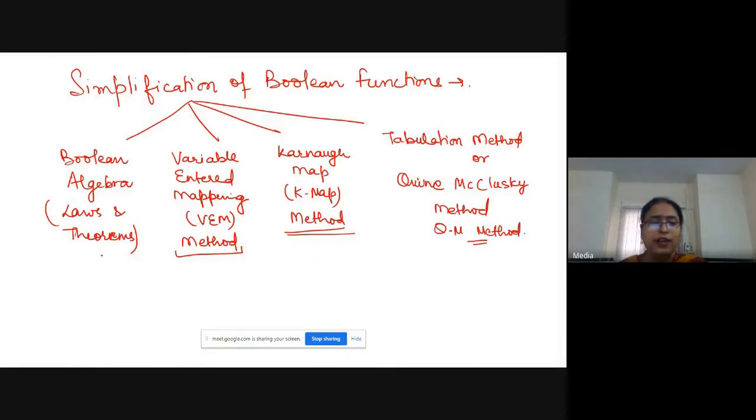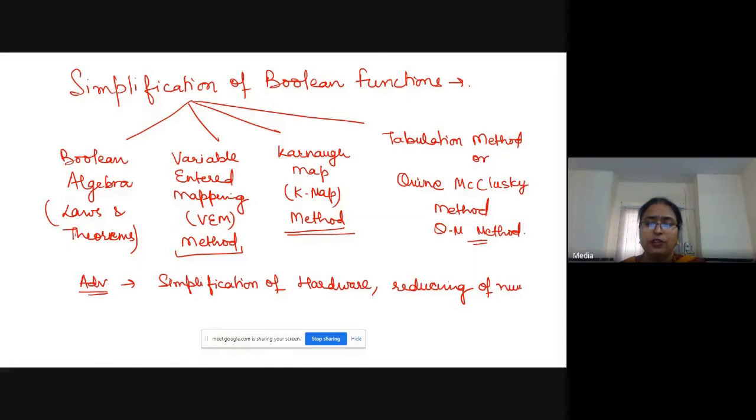Now, what was the advantage of simplification? It is for the simplification of hardware. You are simplifying the Boolean function, and in hardware, you are basically reducing the number of gates.